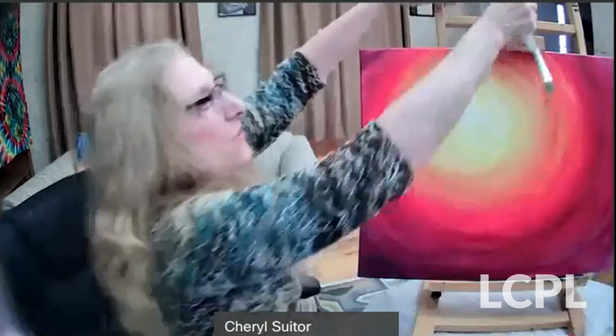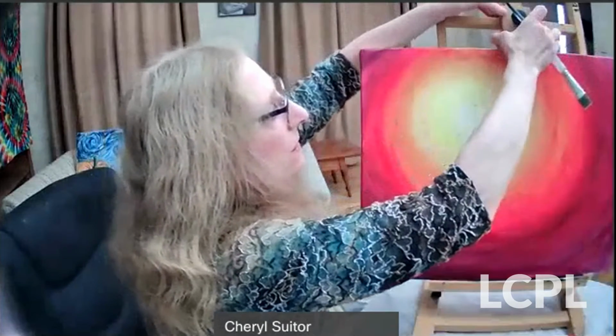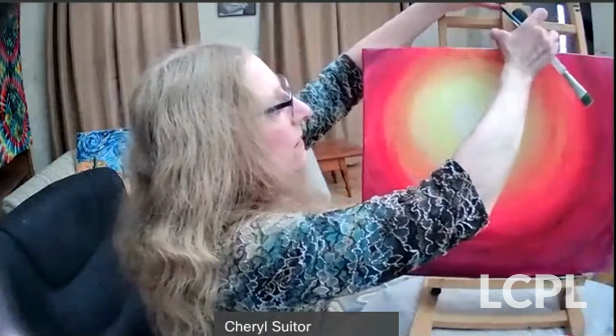So now we want to let our canvas dry. So I washed my brush. I tapped it on my paper towel. So now I have a pretty clean brush. So I'm going to move this up just a little bit. There we go. And what I'm going to do now is while my sunset is drying, I want to paint the edges. So I'm going to tilt it in a little bit so you can see the edges